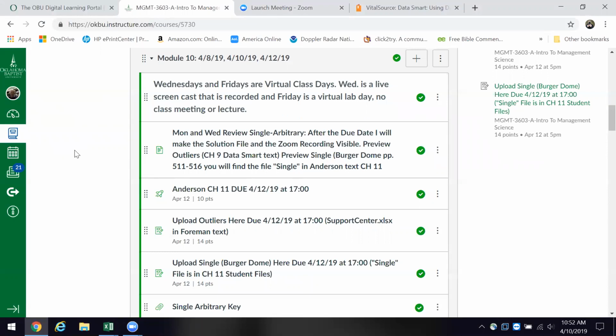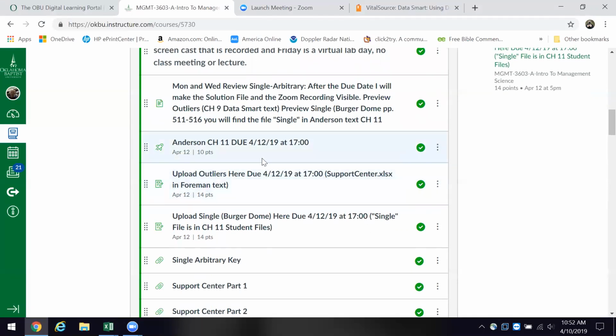Just so that everybody knows, let's go over quickly. The Anderson test is due on the 12th, which is Friday at 5 o'clock. Then the outliers, it's the case we're working on today. This is the Support Center file that's over in the Foreman text. And then the single file, Burger Dome, I covered that in the supplemental presentation that I did.